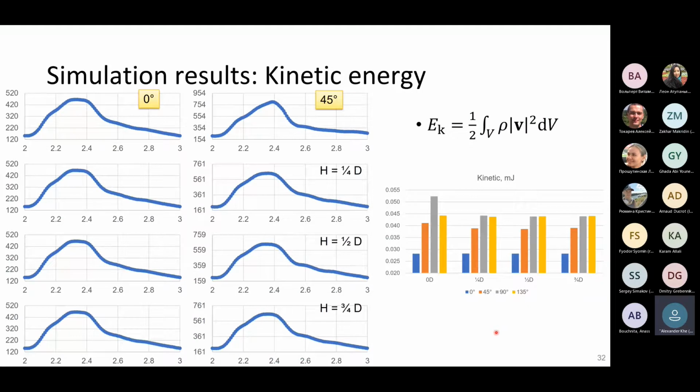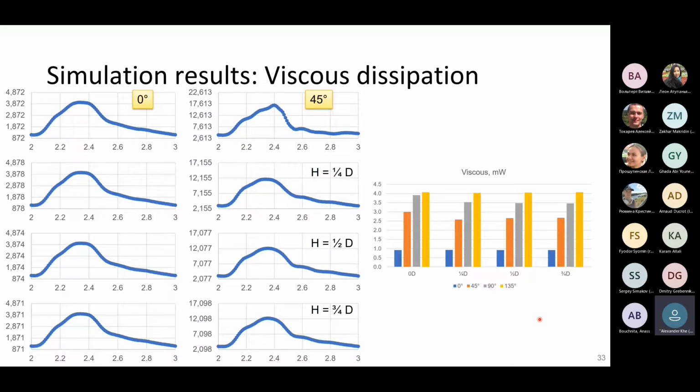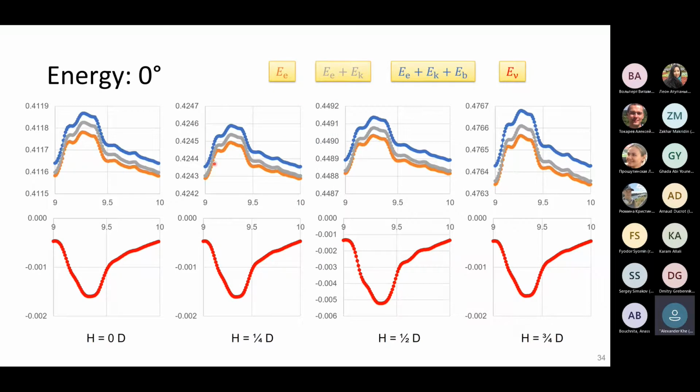And kinetic energy increases, of course, with the turning angle of the vessel, and on average, between the groups with different sizes of the bleb, the kinetic energy is more or less the same. And the viscous energy follows the kinetic energy pattern here. And we also compared the total energy of the system. Here on the graphs, the different colors show